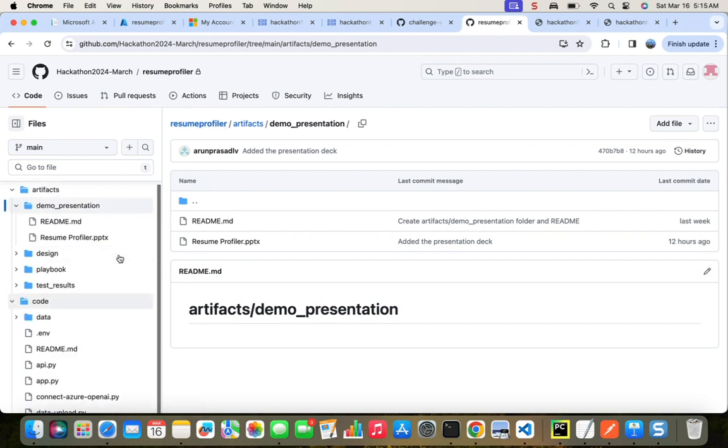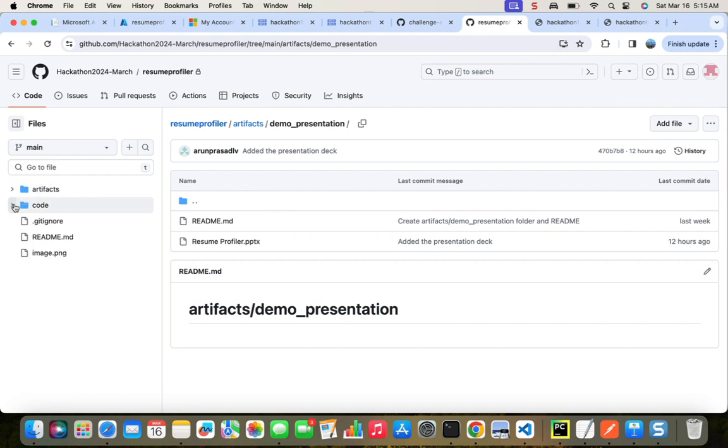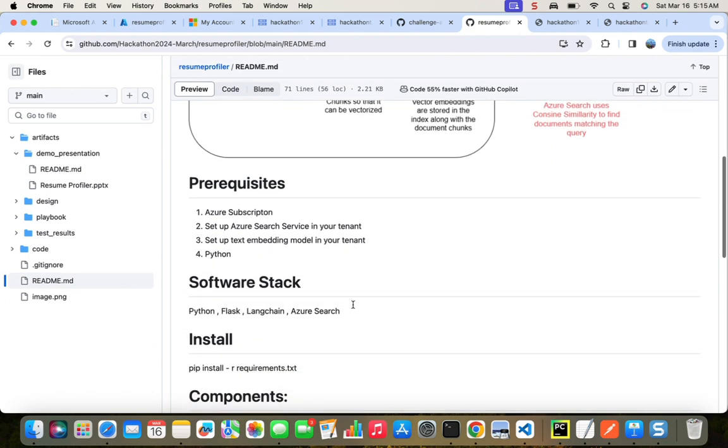So this is our GitHub portal, and here we have a different folder structure that was given to us, and within those artifacts we have the demo presentation. So the PPT that I was showing earlier is there in the resume profiler, and we have the solution which is provided here, and we also have